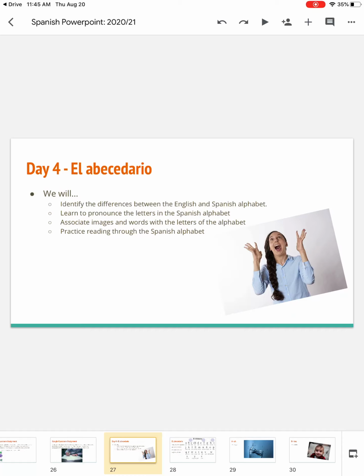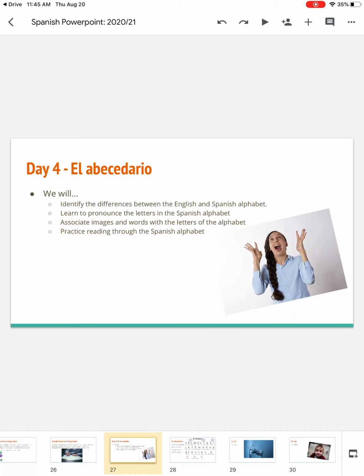This is our first real lesson into Spanish, and we're going to be talking about el abecedario, or in English, this would be the alphabet. I think it is always very important to start by learning an alphabet in a language, because by learning how certain letters are pronounced, we can then better pronounce words and sentences that we're going to be going over in